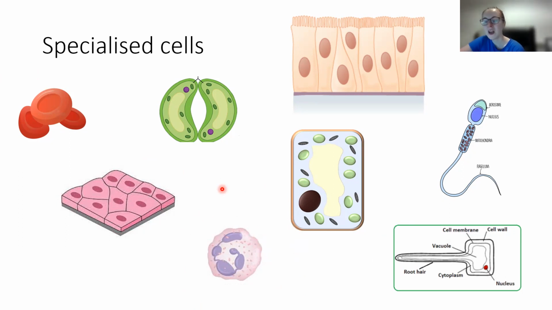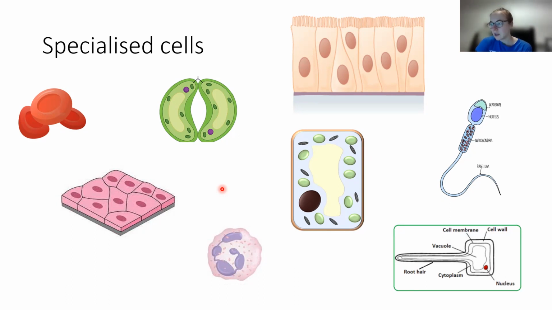Okay. And the one specifically they want to know about in the specification, so this is the OCR specification, but AQA, you have to know about it as well, and I'm sure other exam boards, is the neutrophil. It's just one type of white blood cell. We've got quite a few. The whole point of a neutrophil is to destroy pathogens by phagocytosis, which is kind of like eating it. And when we do all about the immune system, we'll learn a bit more about